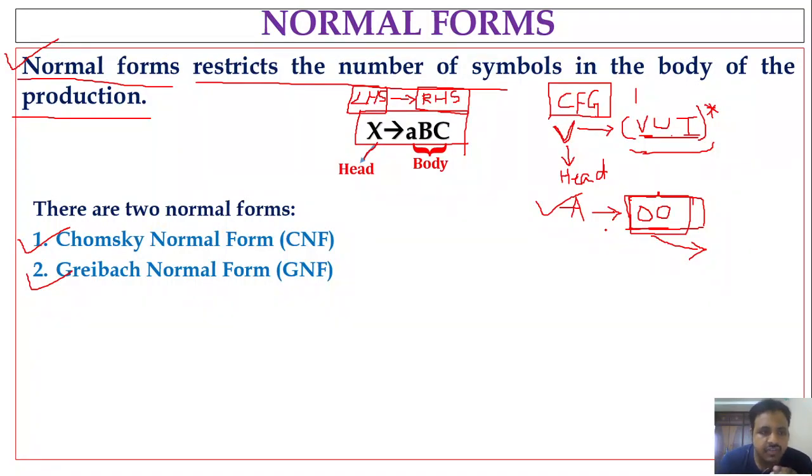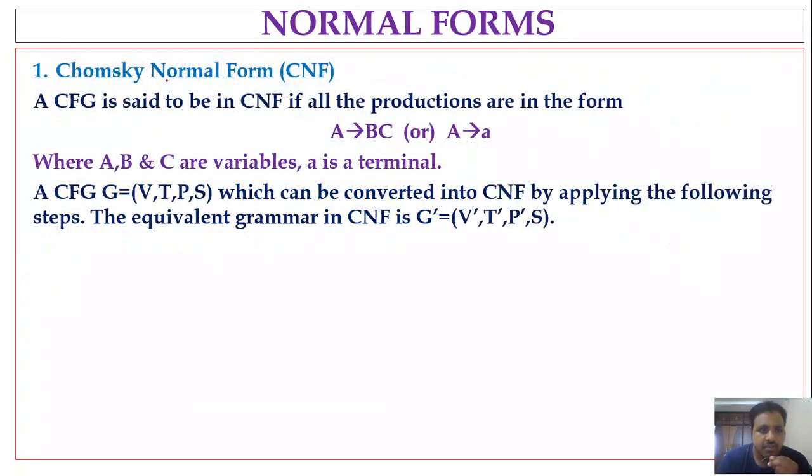So first we discuss the Chomsky normal form, followed by the Greibach normal form. So first one, what is a Chomsky normal form? Chomsky normal form is also called CNF. A context-free grammar is said to be in Chomsky normal form if all the productions are